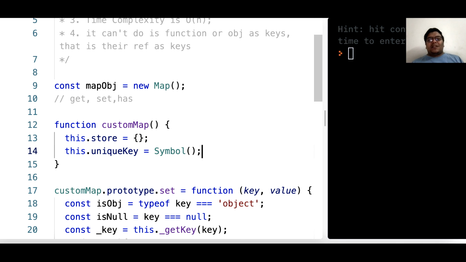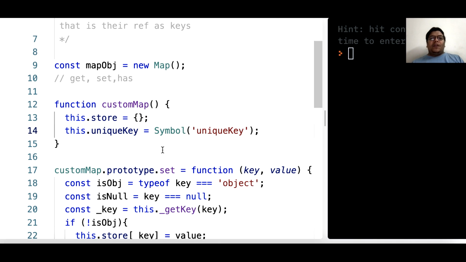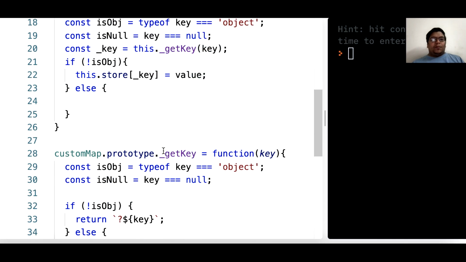So what are symbols? If you pass anything, for example a string, unique key, and if you use the same thing 2 times, like symbol of unique key, symbol of unique key, it will every time 100% return your unique key. That's the good part. So now we have a unique key which can't be duplicated.